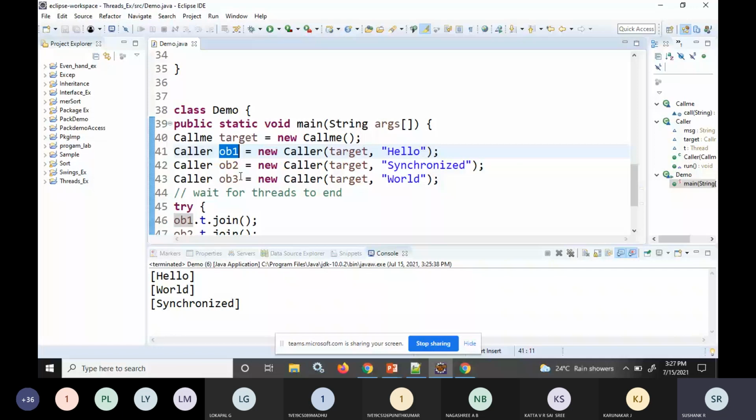Since the current version is producing an erroneous result, we are using the modified version. In the modified version, I am using the wait function and the notify function.